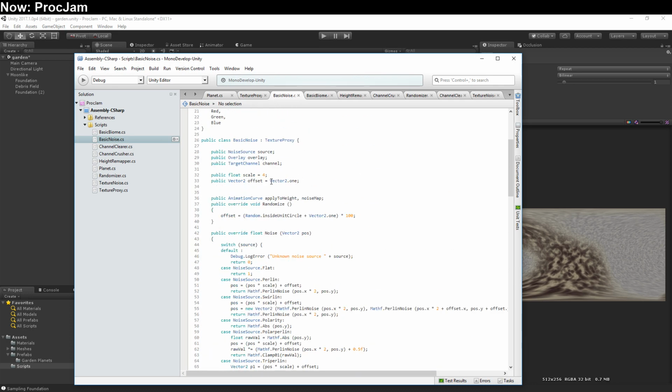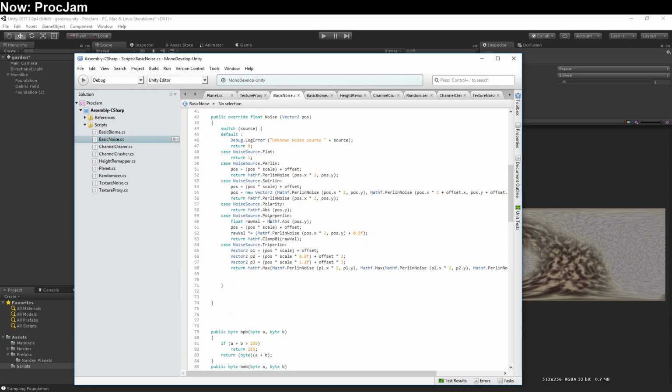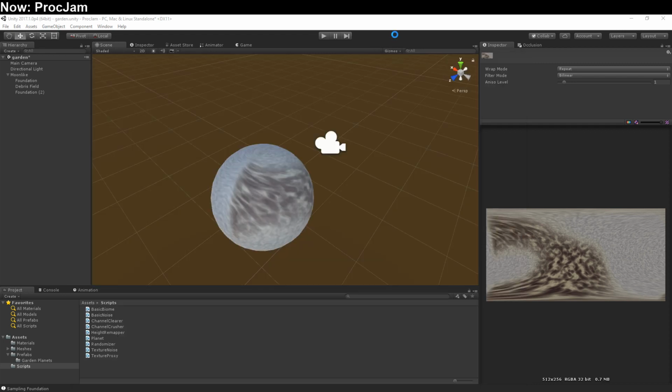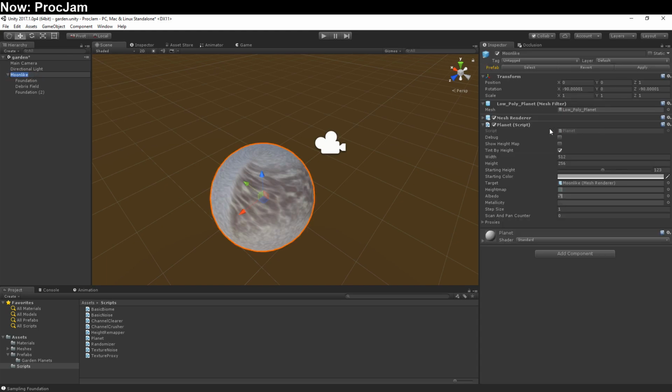So right now what I'm doing is when I calculate out noise, I sit here and I constantly multiply this x by 2. If I were to remove the x by 2 from these values here, that's just the Perlin noise field, so it should only affect specific elements. But if I were to run it now,